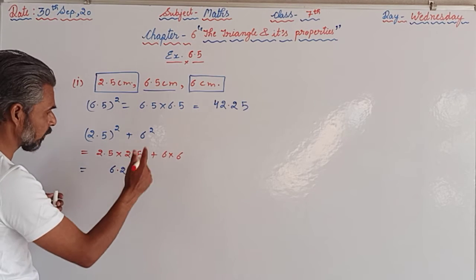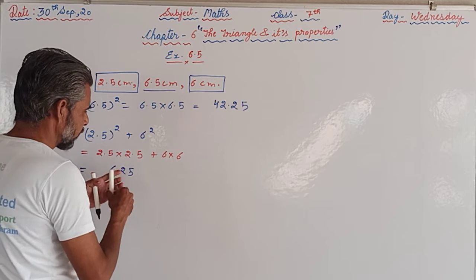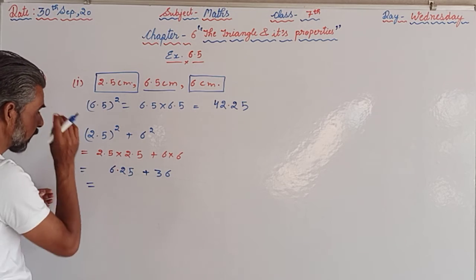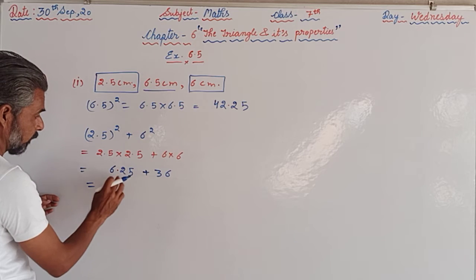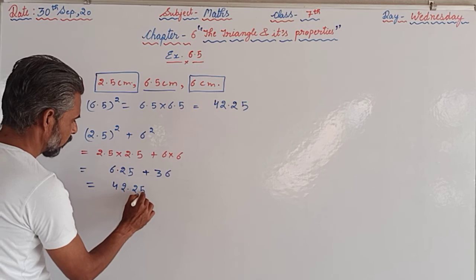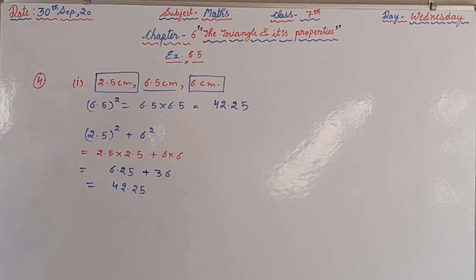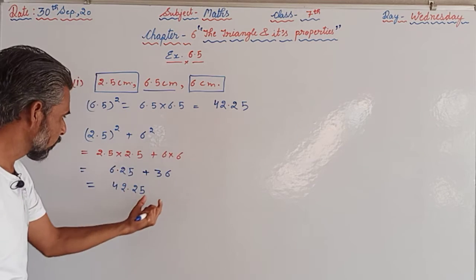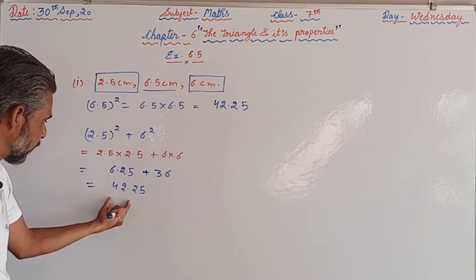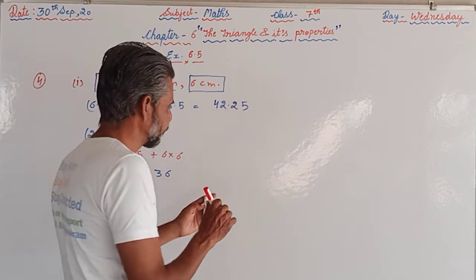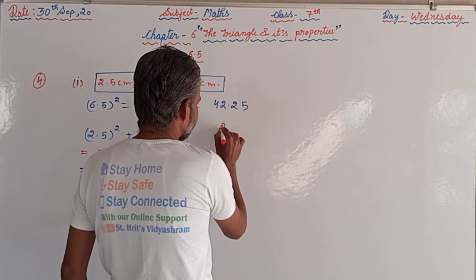So we will start counting from the right hand side, and then 6 6s are 36, and we will get 36 plus 6 is 42, meaning 42.25. The square of the longest side is equal to the sum of the squares of the remaining two sides, 42.25, 42.25 here. So we can say,